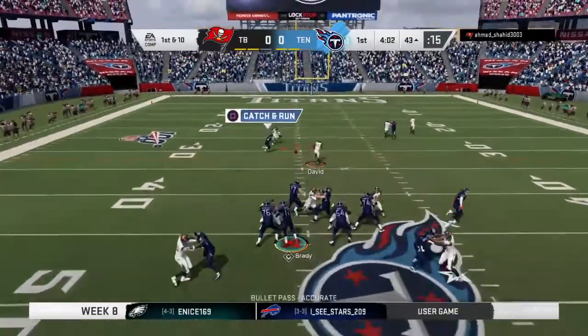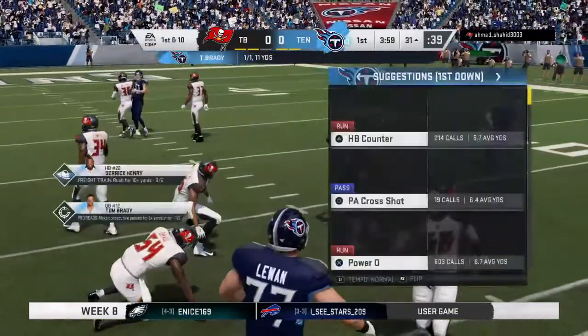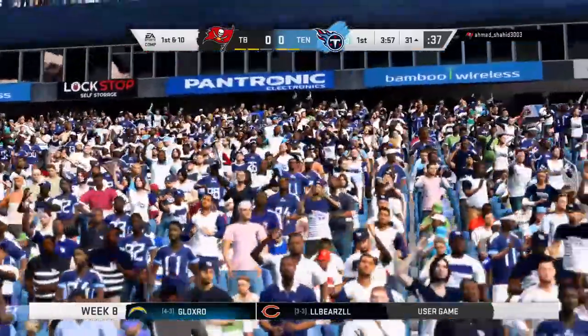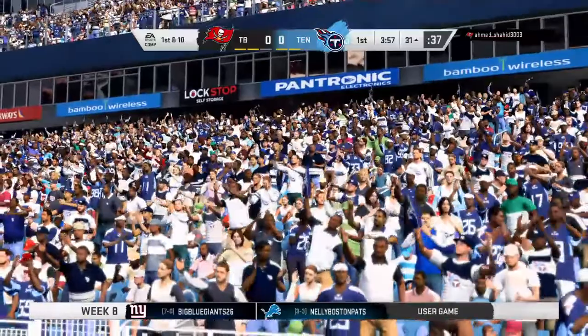On play action, now Brady. That's the rookie with the catch, A.J. Brown. And past the 35, he'll be dropped a yard or 2 shy of the 30. An 11-yard pickup for the Titans and a first down. 1st and 10 at the 31-yard